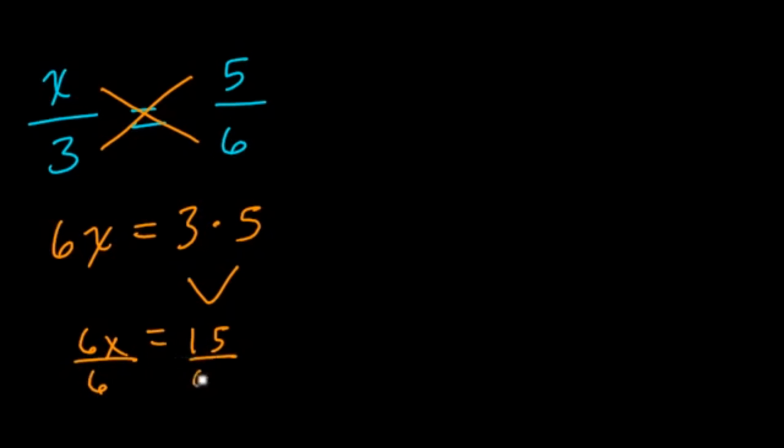Divide both sides by 6. These cancel out. 6 goes into 15, right, twice, with the remainder of 3 out of 6. Or, really, you can think of this as just 2.5. So this works, right, when solving for x. And another way of looking at this, if we flip things around, what if we had 4 over x